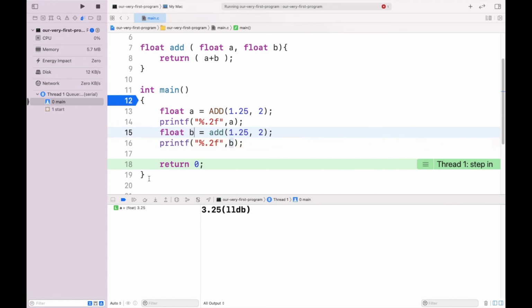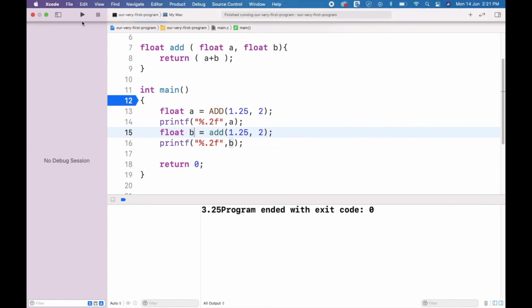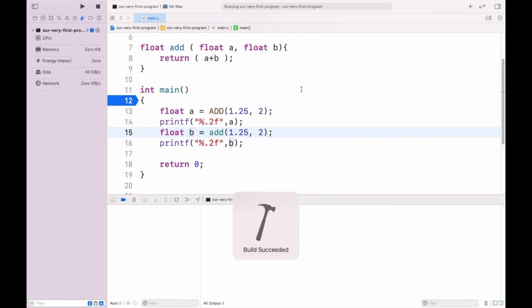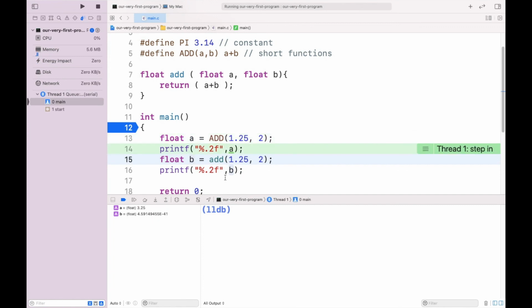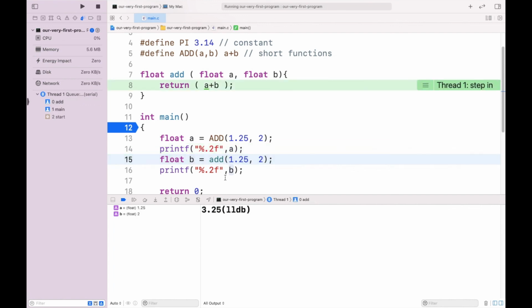You can see here, first we have the macro, and we did not jump to the definition of the macro. Now we jumped to the definition of the float function add.